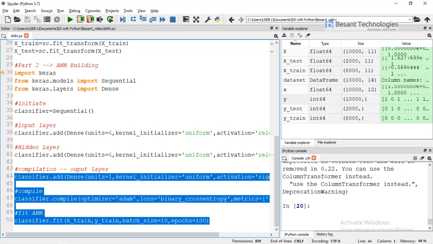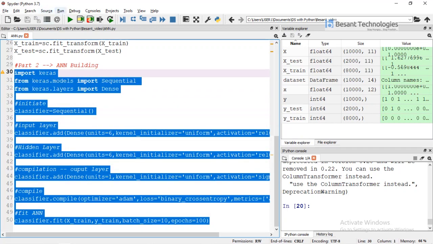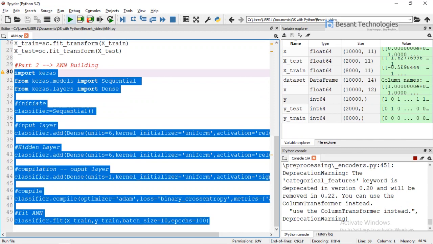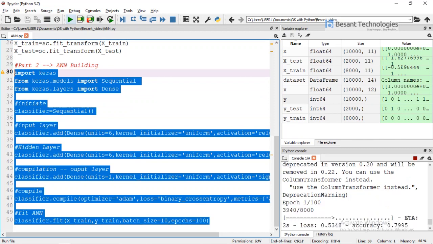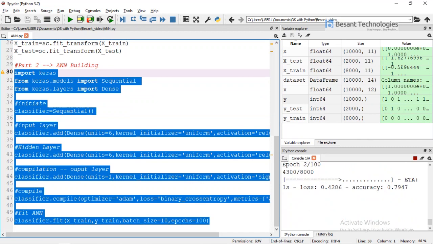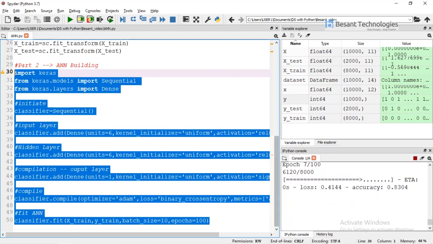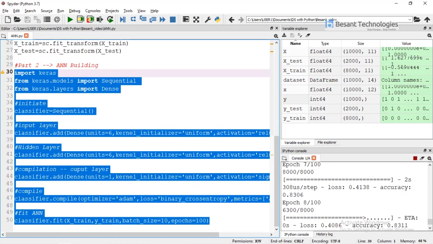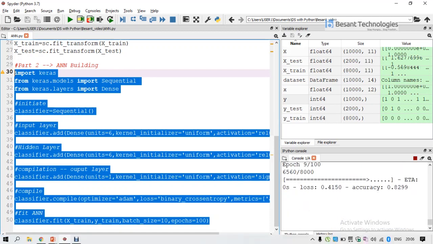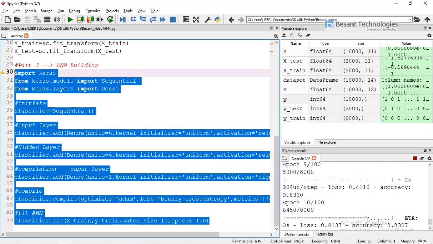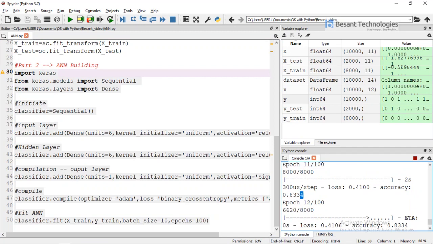Let's run this. Okay, great. We will be getting a total of 8000 iterations. It's running. So in total we gave batch size 10 and epochs 100, so this will go and run over the training data set again and again. This is how our training data set will run. Every time, if you see, we will be getting the accuracy score